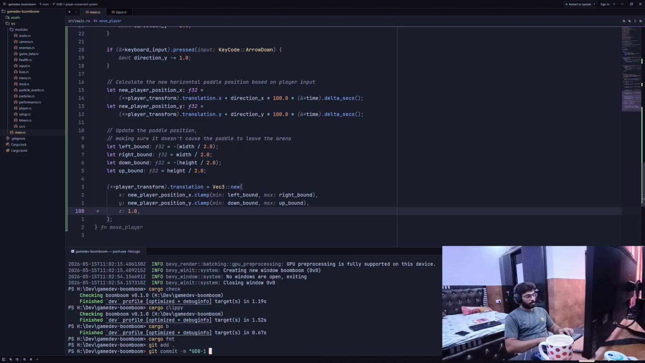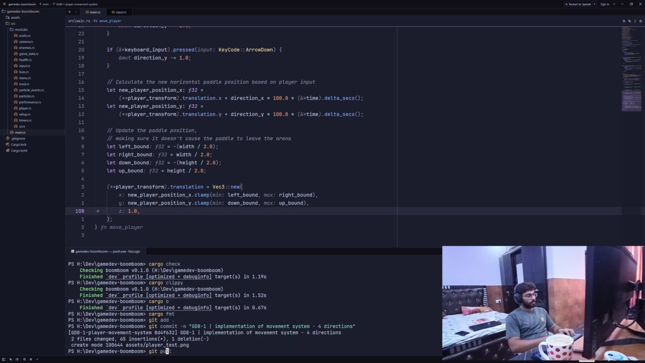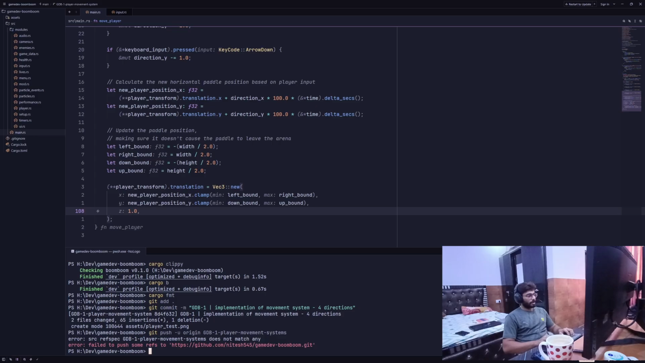gdb 1, and we have implementation of movement system, 4 directions, right? Git push -u origin gdb 1 player movement system. Okay, git push -u origin gdb 1 player movement system,